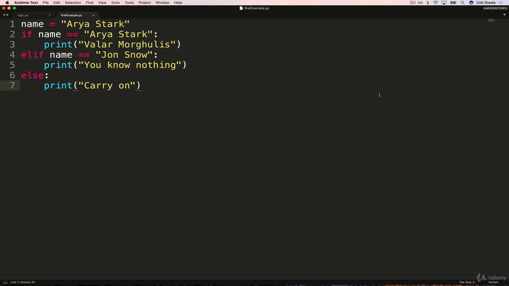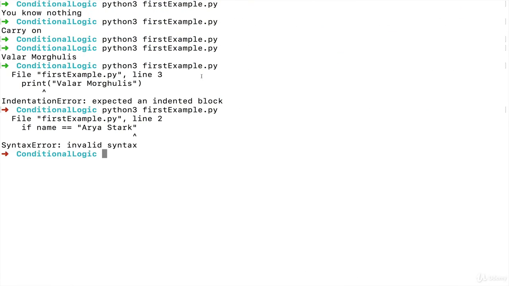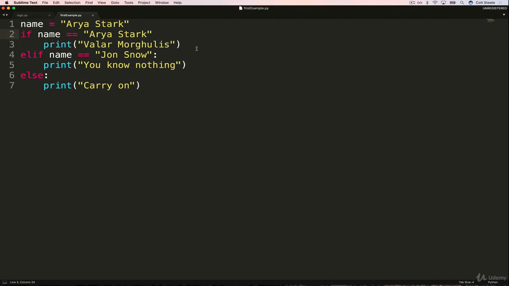The last thing I realized I didn't touch on is that we need these colons. So these colons are really, really important to Python. It's kind of like an indicator of there's going to be an indented block below. And without them, we'll get a syntax error. If we try running this now, it says invalid syntax. You can't have an if statement without that colon there.